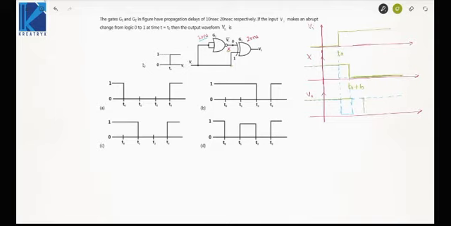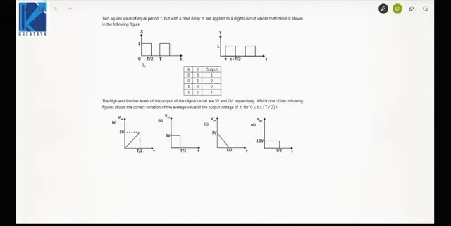This is T0 plus 10, T0 plus 20. It will be right shifted by 20, so it will be T0 plus 30. This will be the waveform of V0. Okay. So the answer would be this one, B. This is T0 plus 10, T0 plus 20, T0 plus 30. Okay. So what we do is we draw the ideal waveform and then right shift the waveform by a value equal to the delay offered by the logic gate.